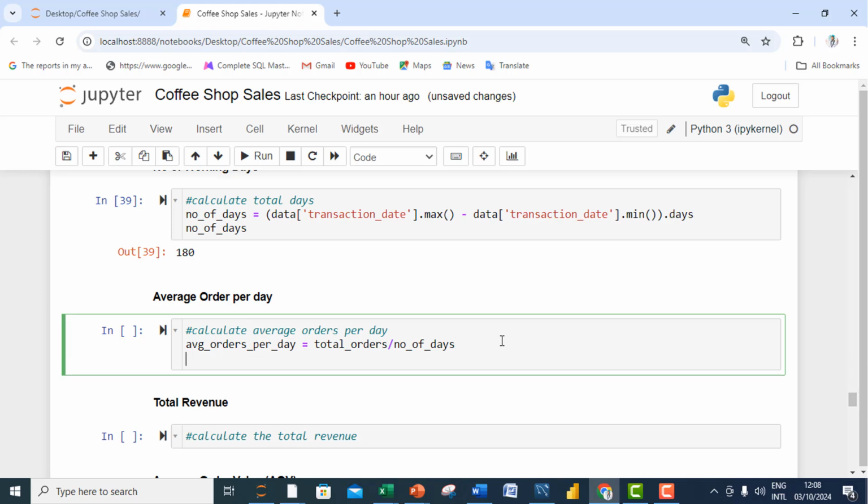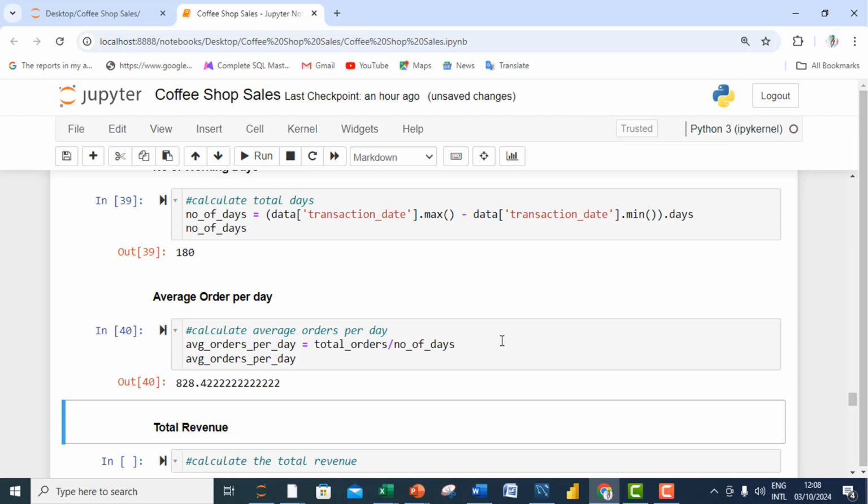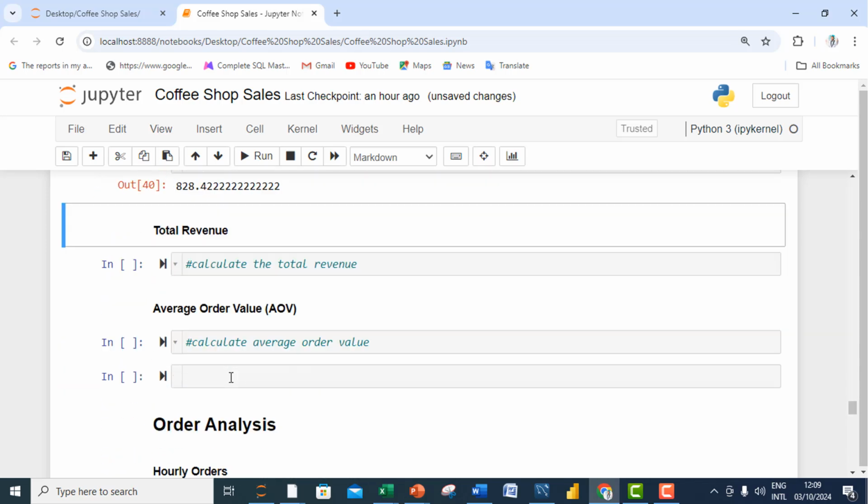So let's view our results by calling the variable average orders per day. So from our results, we can see that the average orders that were placed from our 3 stores was 828 orders. So we have the average order to be 828 orders per day. So the next